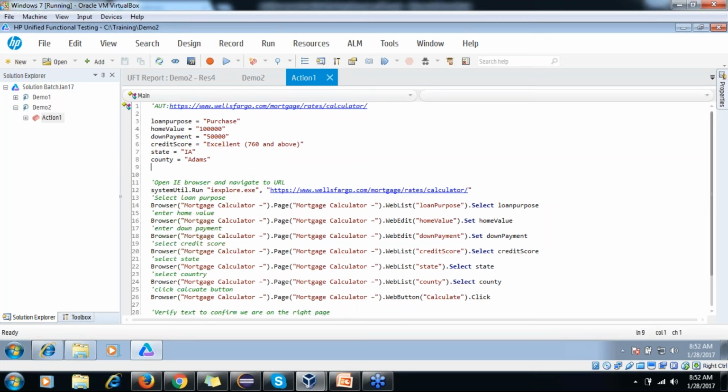So if you don't want to use Excel or any other file, you can directly use that inbuilt spreadsheet, which is called the data table, and you can parameterize your test. Parameterization is a very important topic, and we'll cover it in the next class.